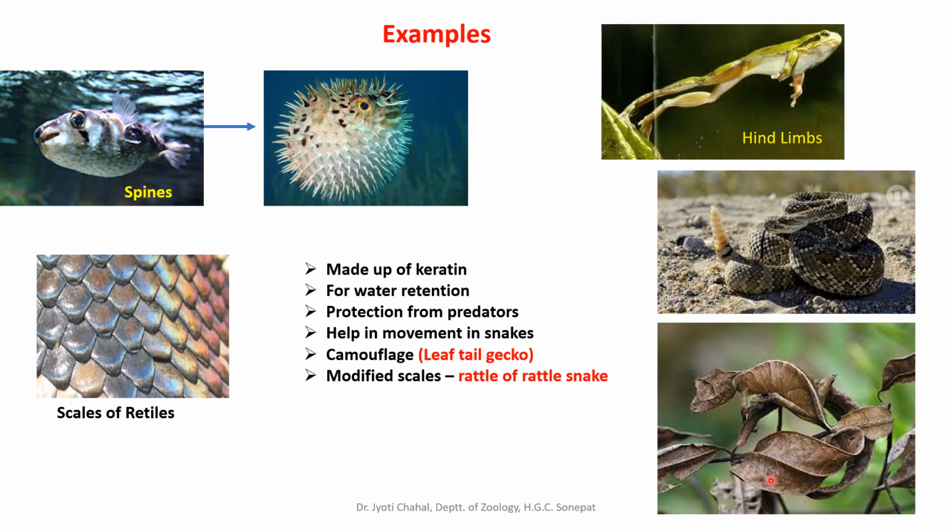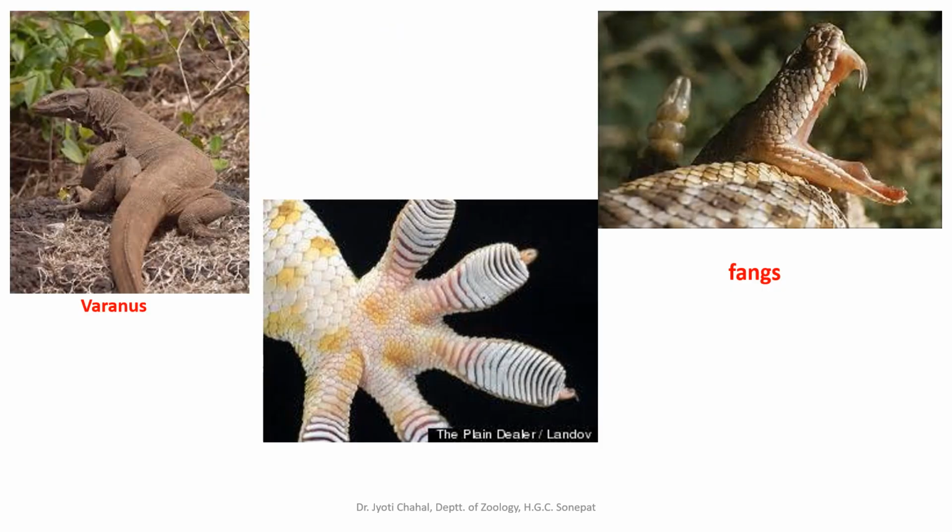You can see it has totally mingled up with its surrounding, and it is beneficial in two ways. It can attack its prey silently, and it can also escape from the predators. So that is very much important. That is all because of morphology that serves some function. That is why functional morphology study is important.